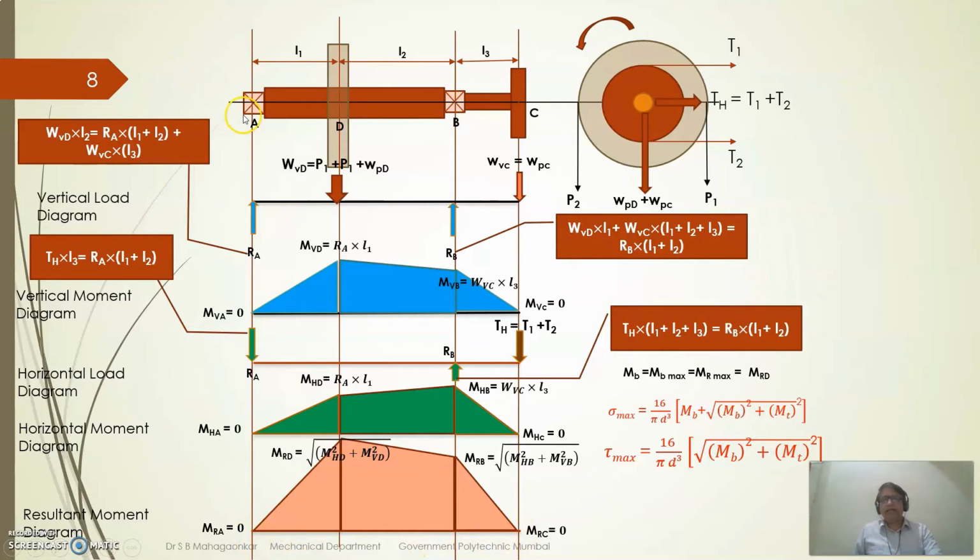At points A and C, it is based on pure torque. So hence for the diameter, you just put the value of torque into 16 MT upon pi d cube and find the diameter based on that. So that is the diameter at C and A, right? And now if I want to get the diameter at D, it will be the maximum. You take whatever moment you get in the RMD, resultant moment diagram, that same thing I have to take.